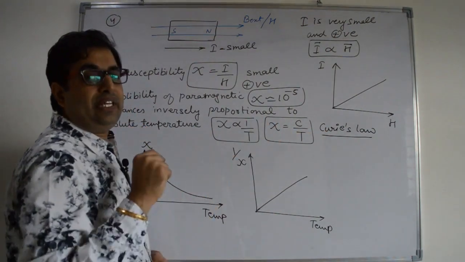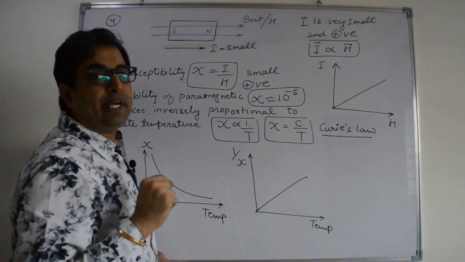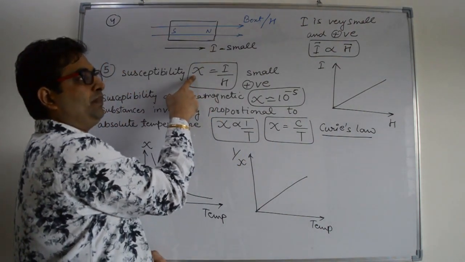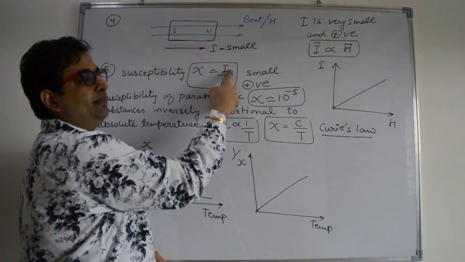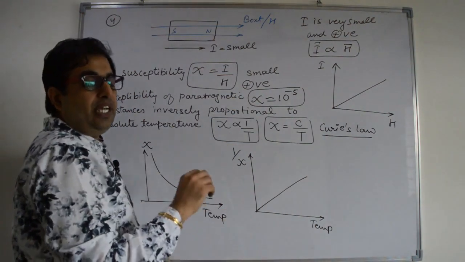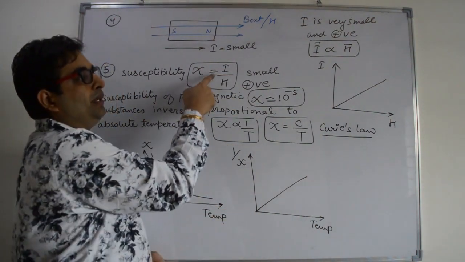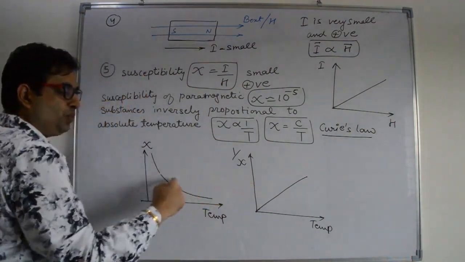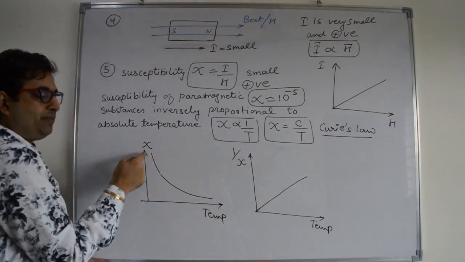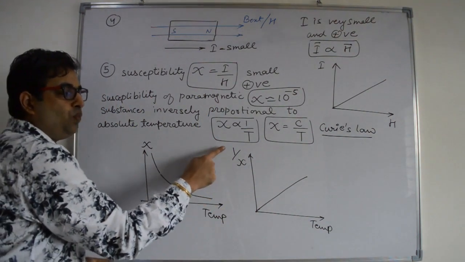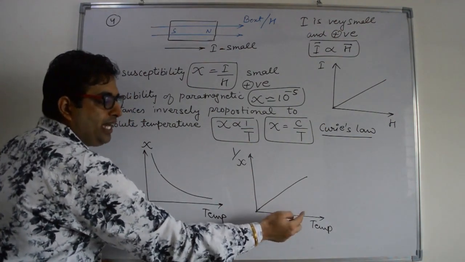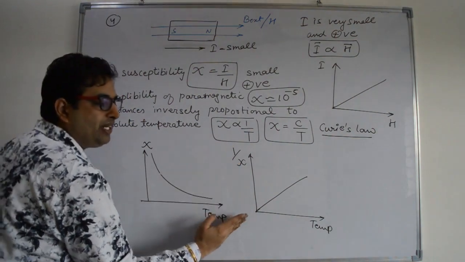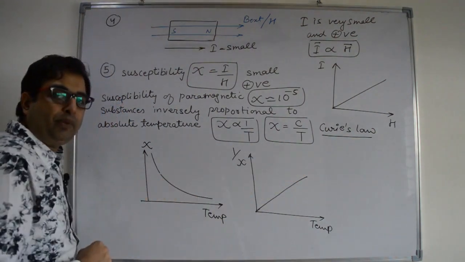So, whenever we increase the temperature for a paramagnetic substance, the magnetism inside the material, or susceptibility, will start decreasing, right? If the temperature is very high, then magnetism inside the material will vanish. These are the two graphs. As we increase the temperature, susceptibility will decrease. If we draw 1 by susceptibility with temperature, as we increase the temperature, susceptibility decreases and inverse of susceptibility increases. Got my point?